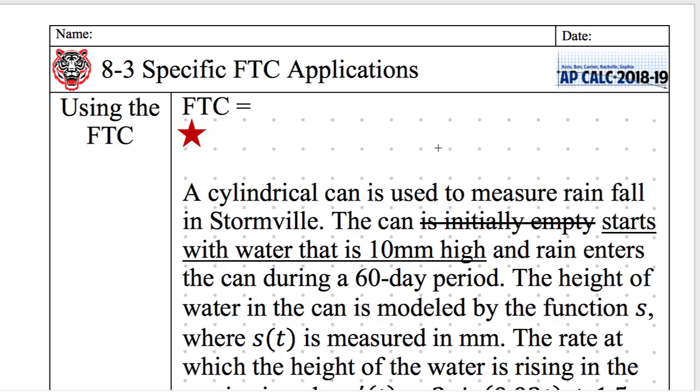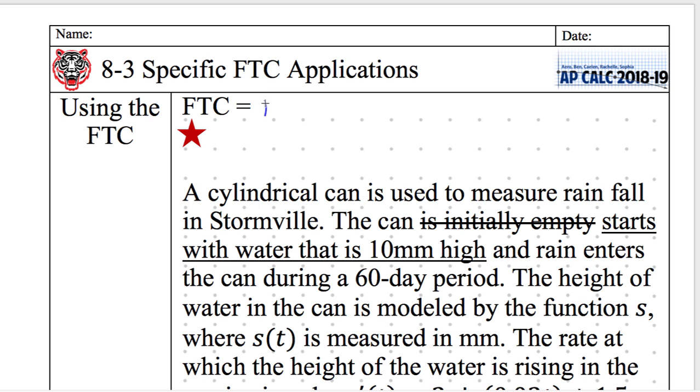Calculus lesson 8-3, specific FTC applications. So, using FTC, what is FTC? First of all, anyone want to take a guess? It's the most important theorem in all of calculus. This is the big guy, the big guns. No guesses? It's a hard one to know, so I don't expect you to know this yet,